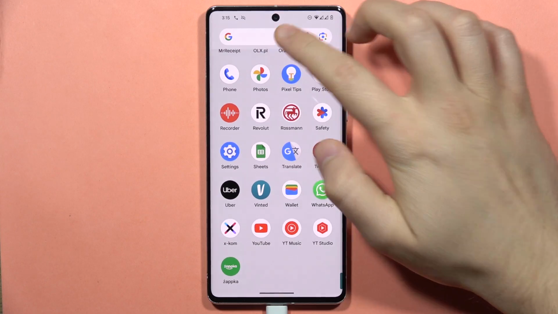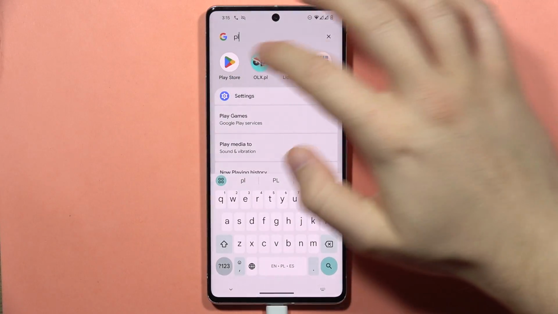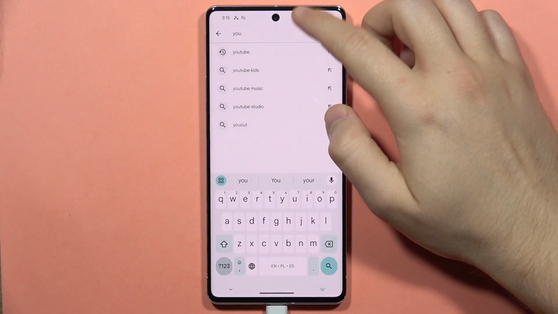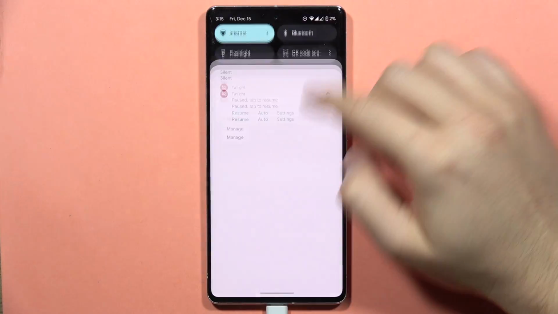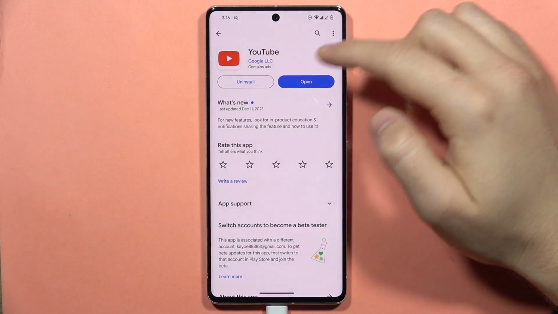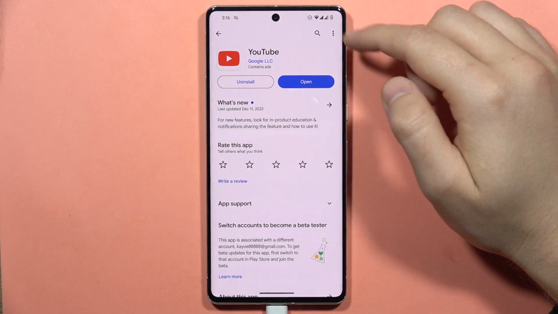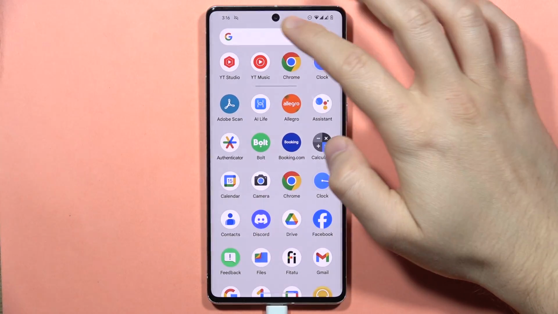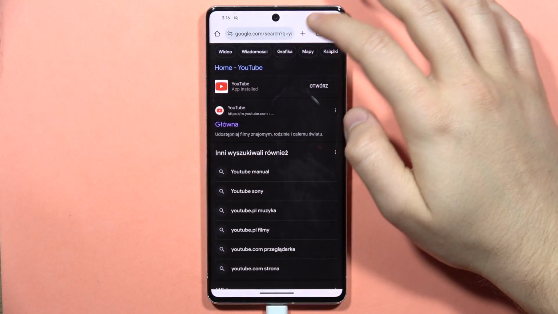and I will recommend you to go into the Play Store and now check if you have the latest version of the YouTube app. So search for YouTube and now be sure that it is updated to the latest version. If you have the latest version, you can also try the new version by going into Google Chrome, and